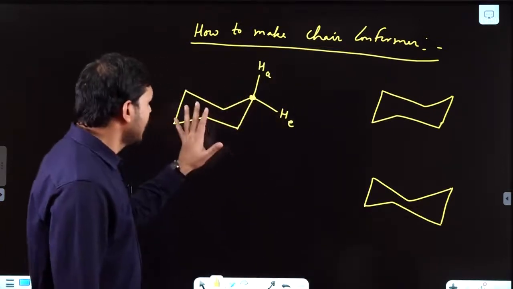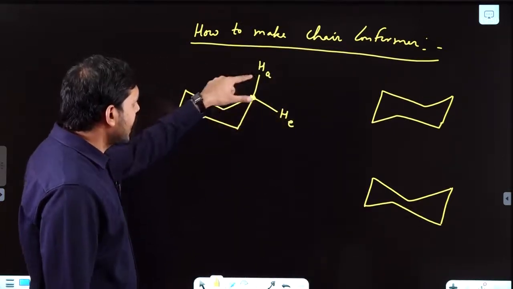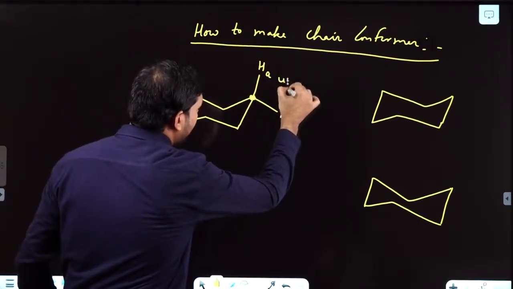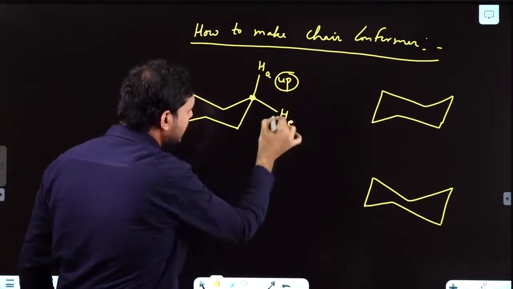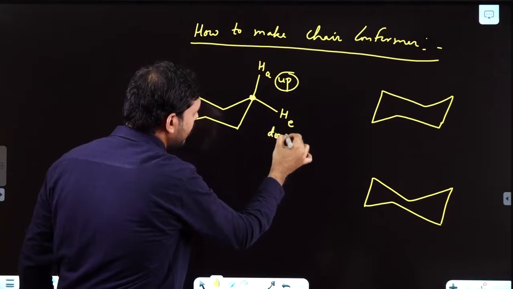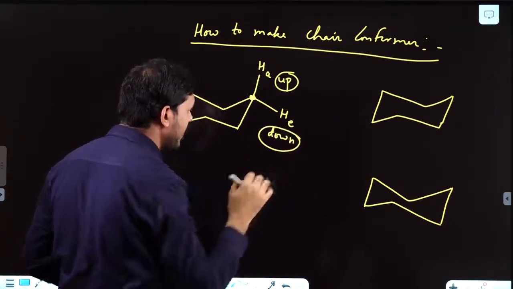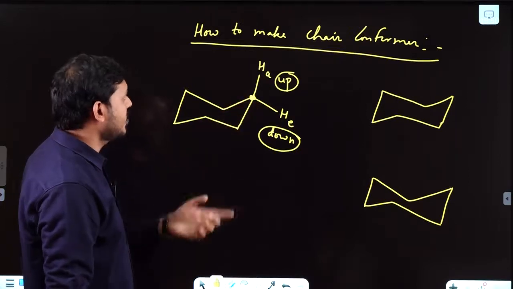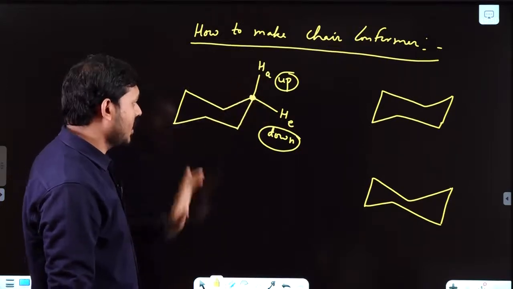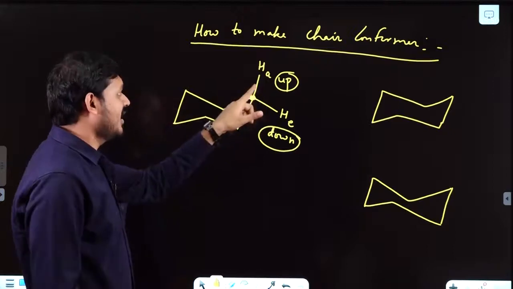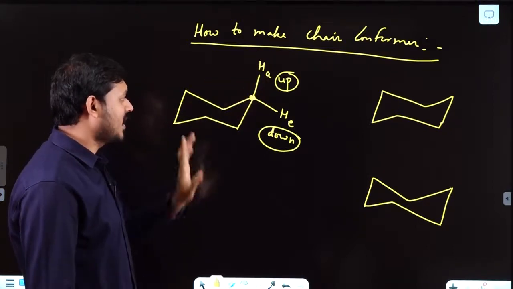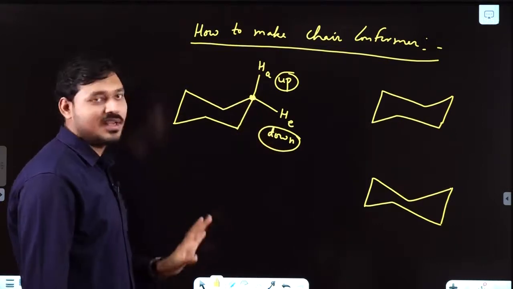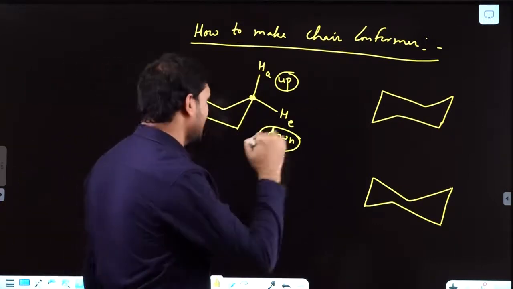So listen, it is axial part and if you will see, it is upward and this is downward or downside. Okay, so here I am using two terms, up, down. Again I am using towards axial, equatorial, right? This is not Ha, it is actually hydrogen in axial part, and this is not He, this is simply hydrogen in equatorial part.